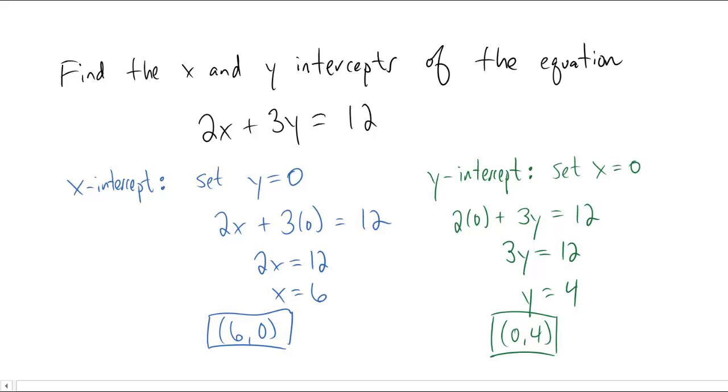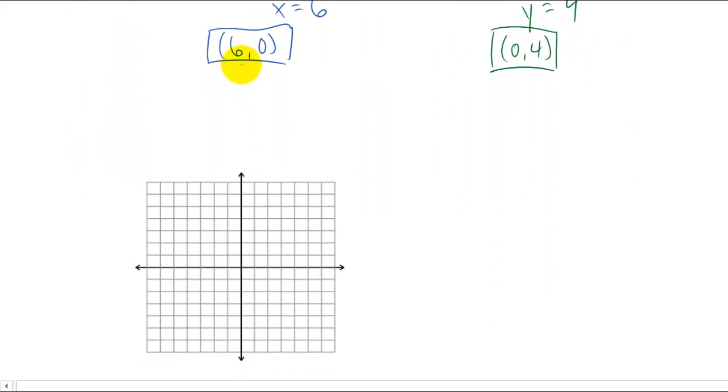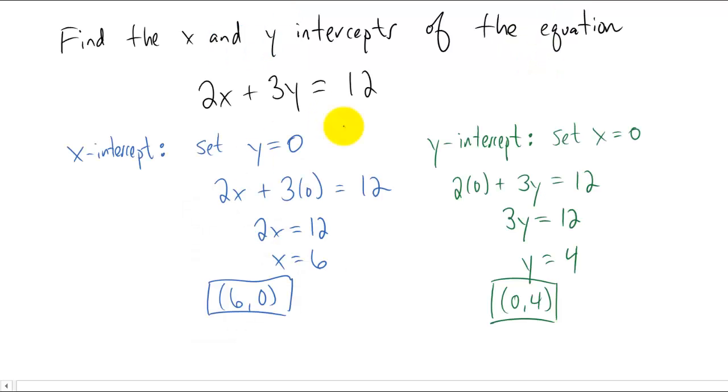Why don't we graph this x and y-intercept? Let's see, our x-intercept is (6, 0). 3, 4, 5, 6, (6, 0) is right here. And our y-intercept is (0, 4). 1, 2, 3, 4. And we already know that this is the form of a line, or what we call